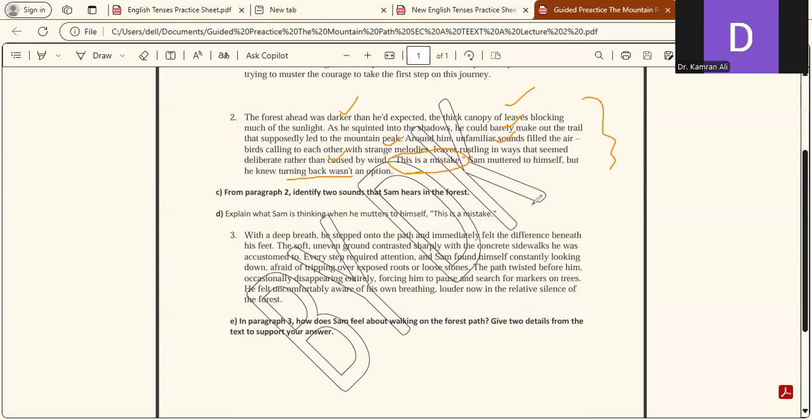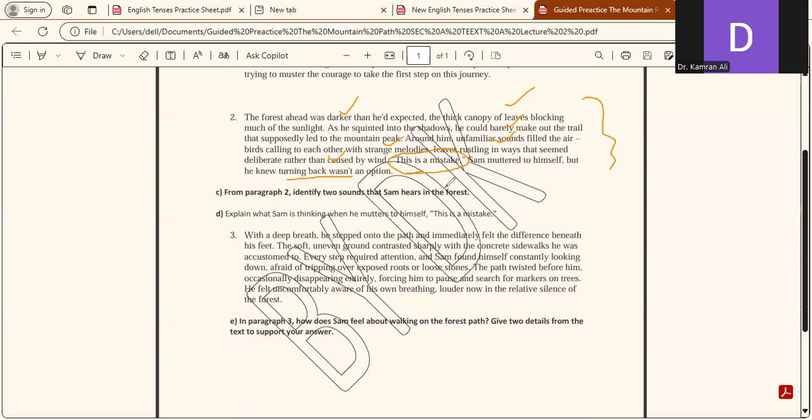Now the question says, what is he thinking? So you can say that he's thinking that he has made a bad decision. Why? Because he feels quite uncomfortable and threatened. If you write over here that he feels uncomfortable and threatened, that would be the feeling, but not exactly his thought. But based on his feelings, we can figure out what he might be thinking, because it isn't written here.